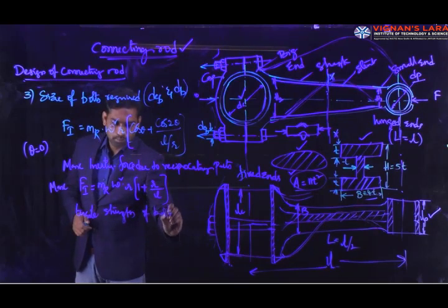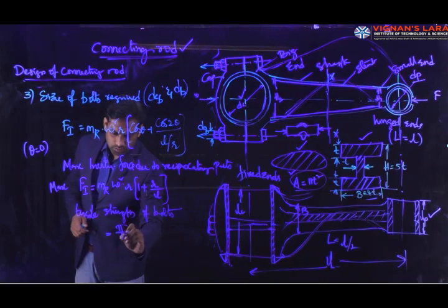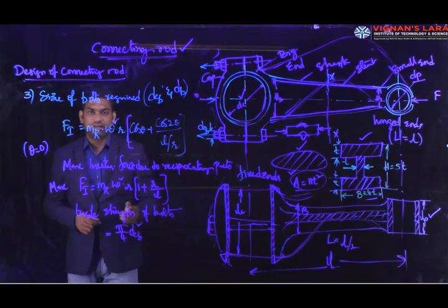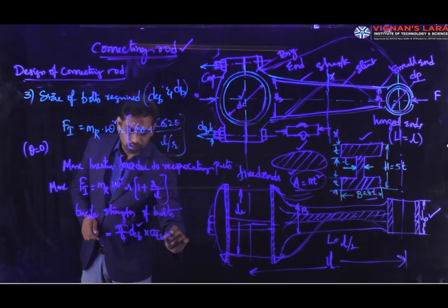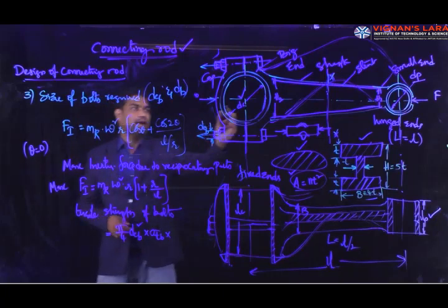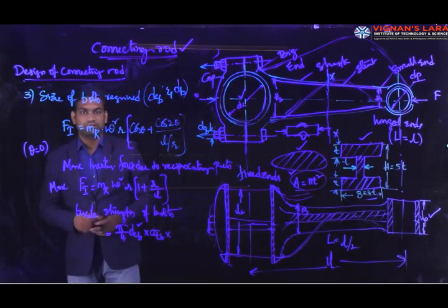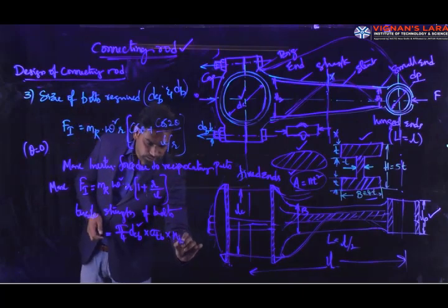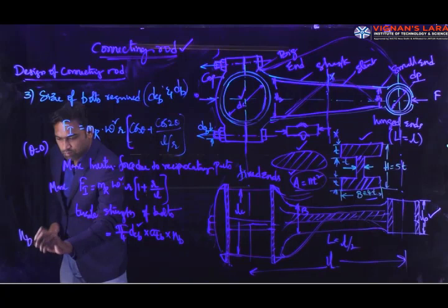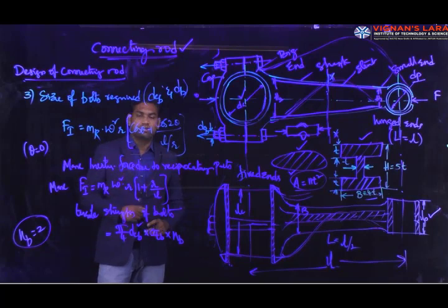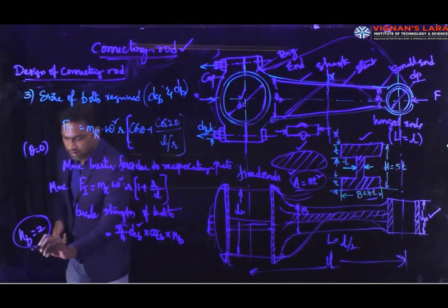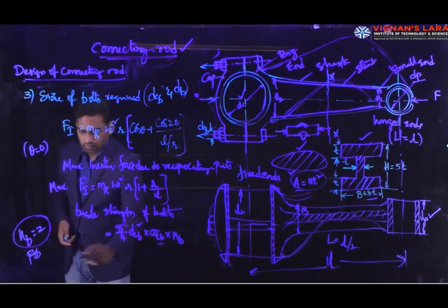The tensile strength of bolts is written as pi by 4 d square, or DCB square, that is the cross sectional area of a bolt, multiplied by the strength sigma TB, and this is the tensile strength of a single bolt. But here the cap and the body are going to be assembled by means of a number of bolts, so you can take NB, where usually the number of bolts is taken as 2. Here the bolts are subjected to repeated stresses, not alternating stresses, so the factor of safety for the tensile strength of bolts is taken as 5.